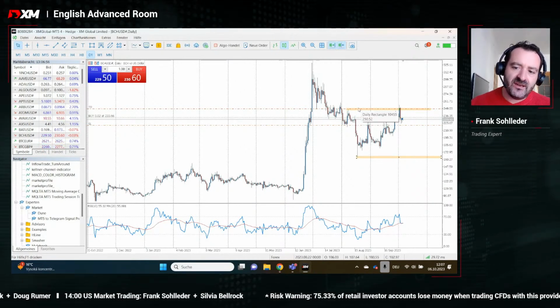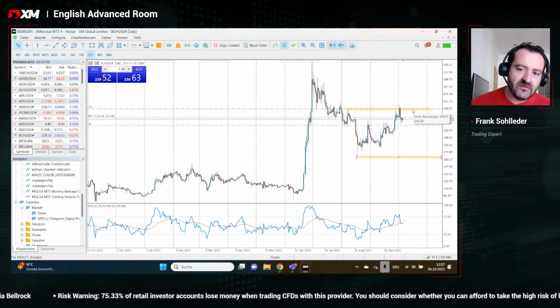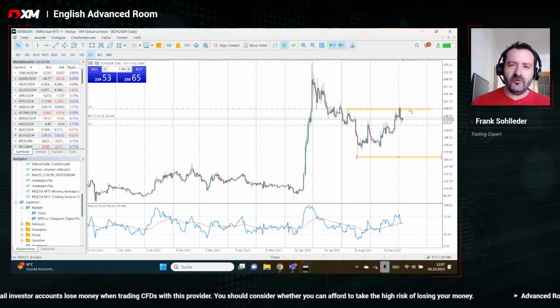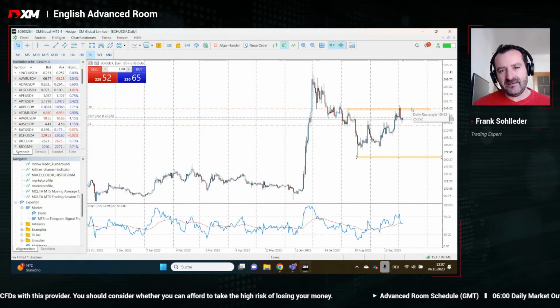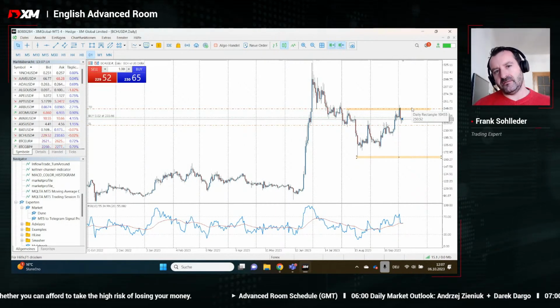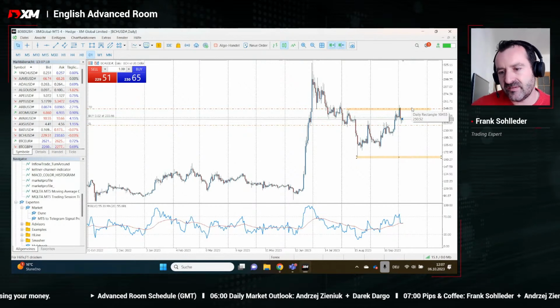And if this is the case, what I could imagine is that we maybe see another spike to the upside, building something like a double top. And a double top is a formation that very often brings you onto the selling side. So this is a signal for getting weaker markets.